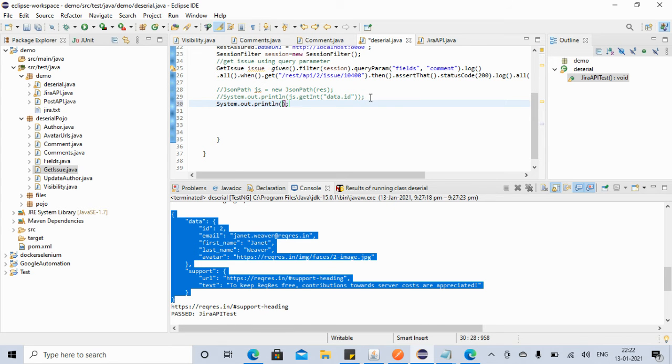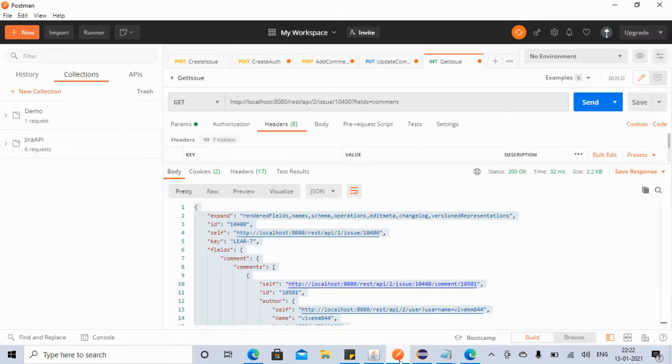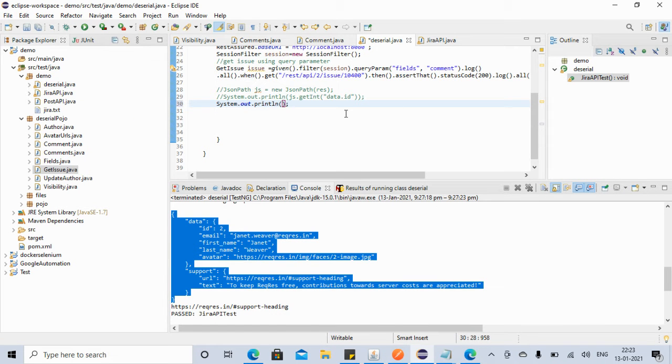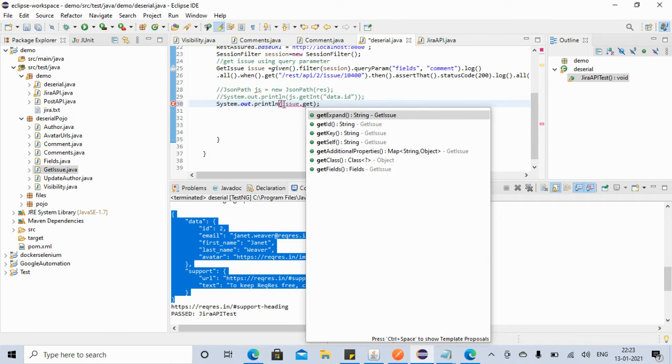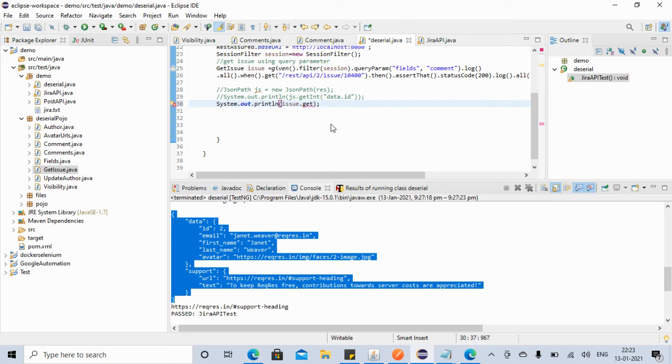And then if you want to verify something here, we can do that. Suppose you want to verify, okay, I got the issue, I want this ID. So how will you do it? Issue dot get ID, that's it.